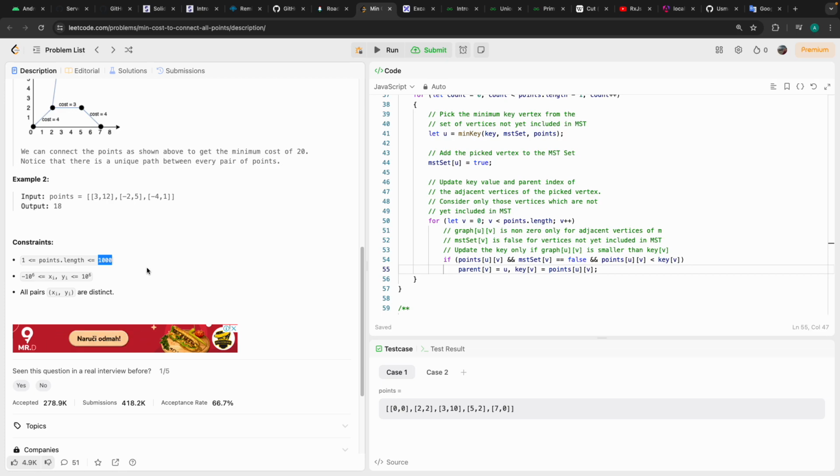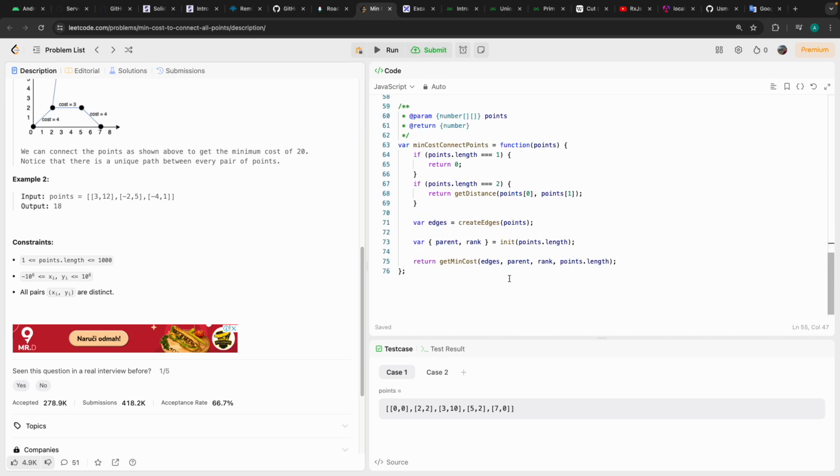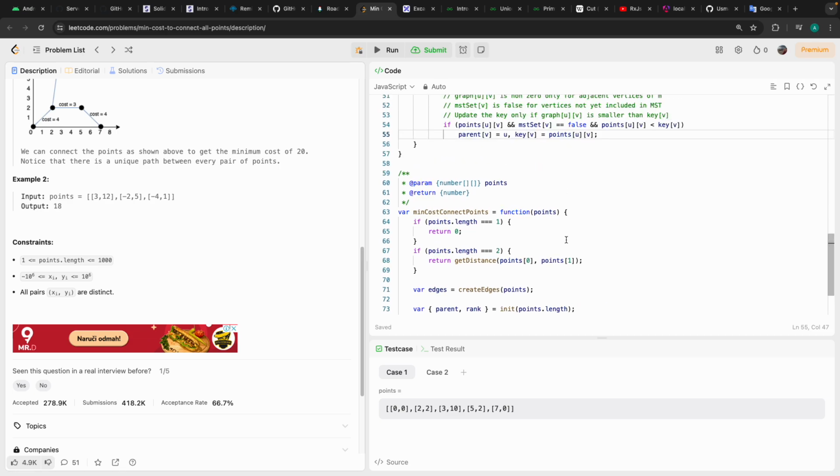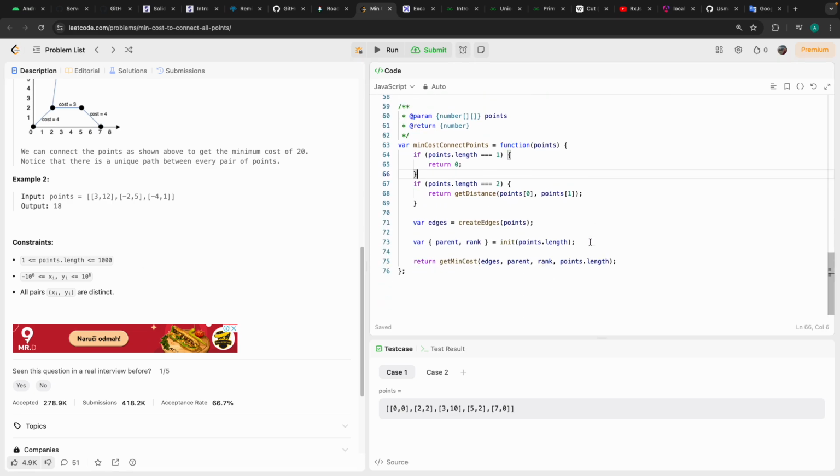I can't avoid it because our points, I need to check each of the edge. So I need to create edges,